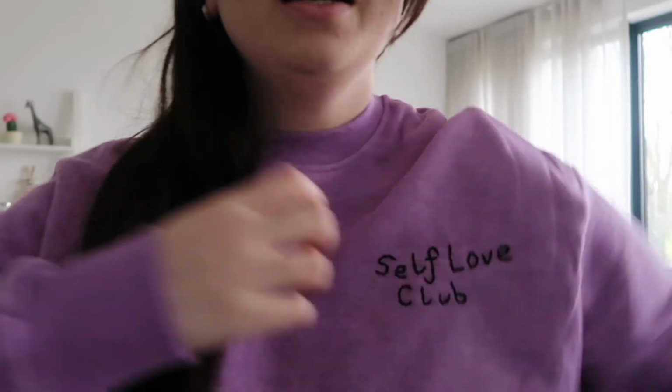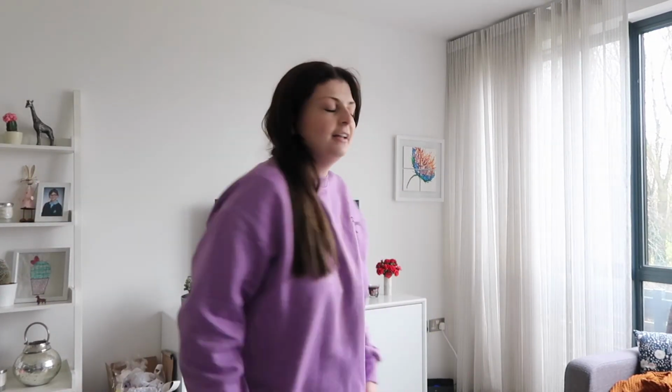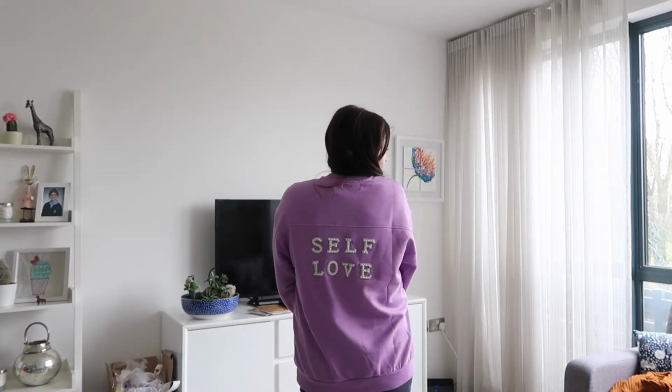It's so cold in here, but here is the final product. So Self Love, I feel like I've got it wrong, but there we go. Self-Love Club there on the front, and then the back just says Self-Love in the bling,